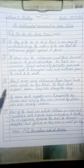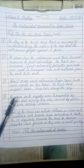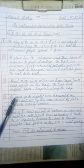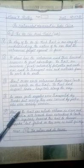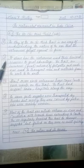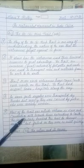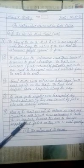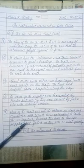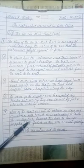Number 1, the story of the Ho Chi Minh Trail is one way of understanding the nature of the war that the Vietnamese fought against the US forces, how they fought with the technologically advanced forces with their limited resources. We'll talk about that. Number 2, this Ho Chi Minh Trail shows how the Vietnamese used their limited resources to great advantage. The trail, an immense, means great, network of footpaths and roads, was